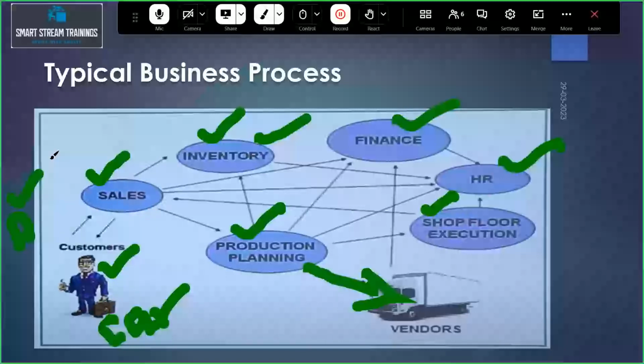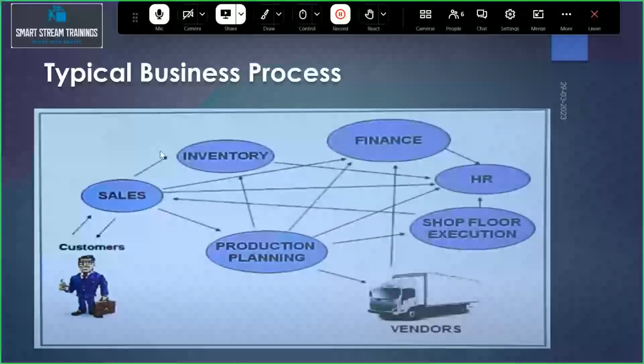Okay, how do these objects come from an ERP solution? This is a package, and SAP is one of the objects under the ERP. This ERP provides these typical business solutions, just for example.